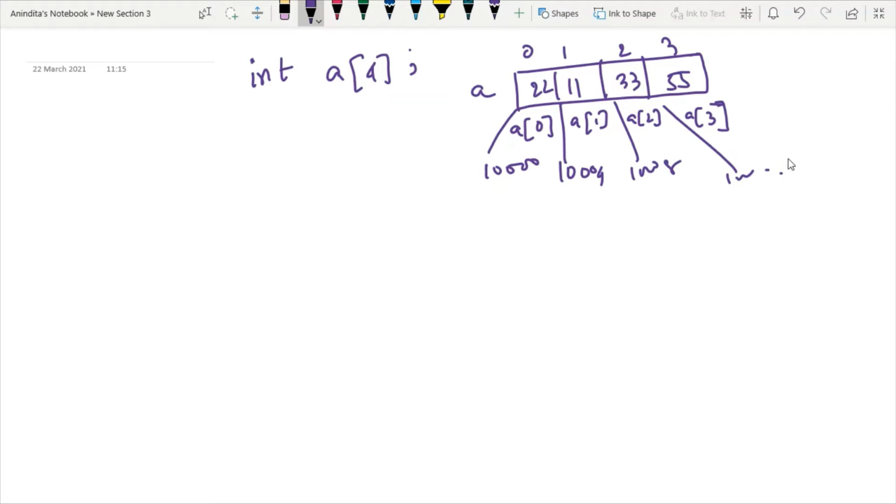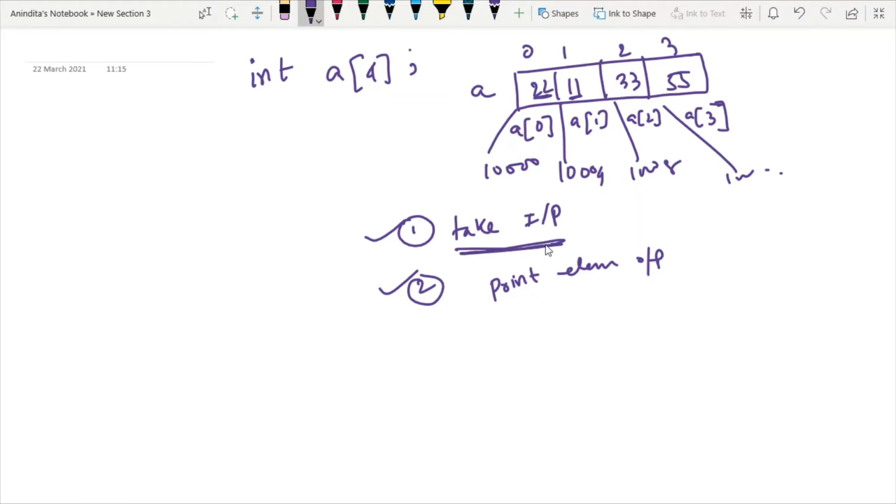Now how to access an array element? Try to understand. To access each and every element, I have to perform 2 tasks. First, I have to take input in an array, and I have to print those elements as output. So the first point is how to take input in an array.